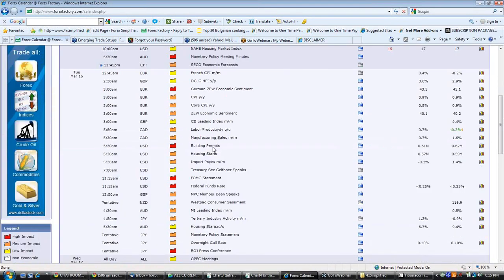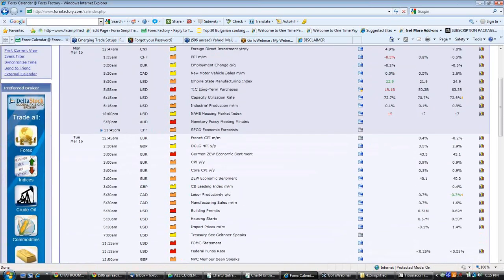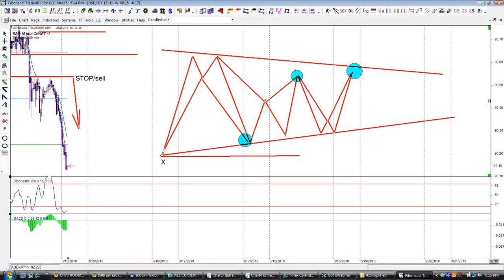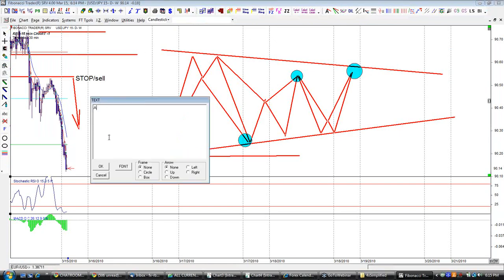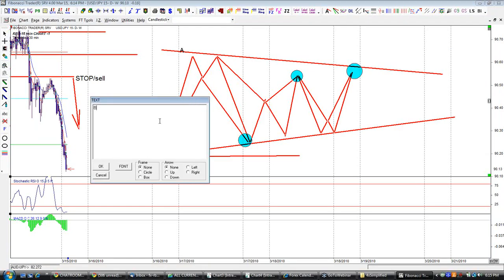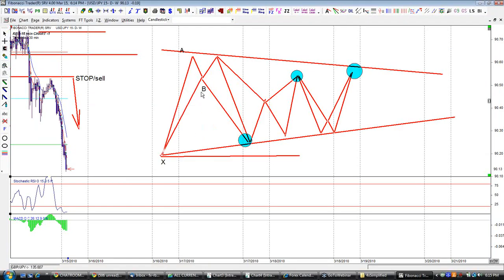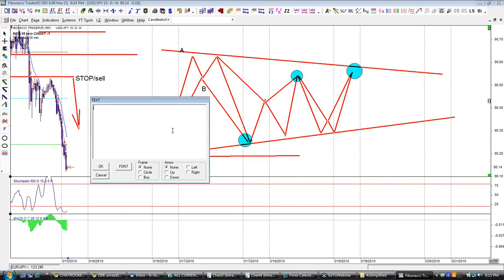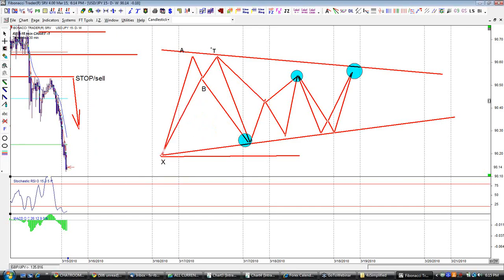So if we hit the X, A, B, C, and this is